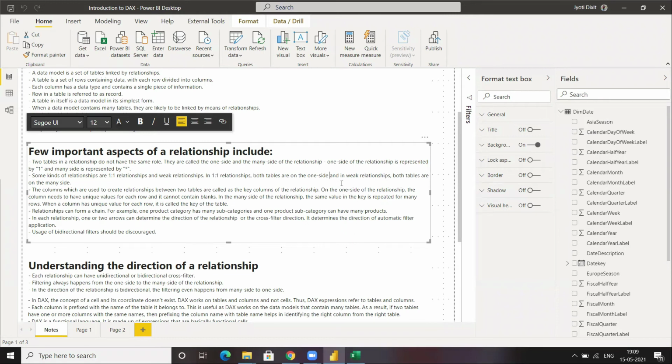For example, customer and account. So one customer can have many accounts, right? And one account may be linked to many customers. So it's like a joint account. A joint account can be owned by two different customers, right?